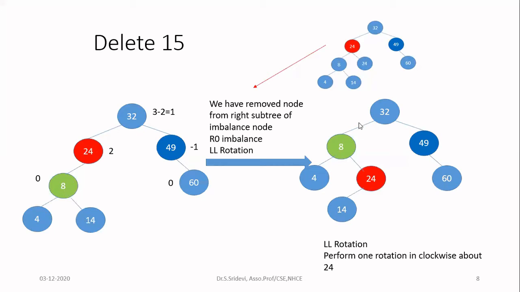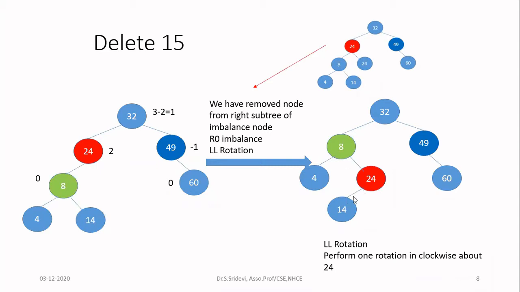Okay, so now what is happening is 8 is moving up along with 4. Now you can consider here 14 was the right child of 8. But now in the new diagram, 24 is the right child of 8. So where we are going to connect this 14? It cannot be connected to 8 because 8 is already occupied with 24 in the right subtree. So you have to connect this 14 only to this 24. This 24 was having previously 8 as a left child. Now instead of that, we are going to connect this 14 as a left child.